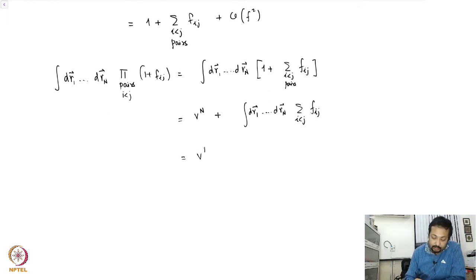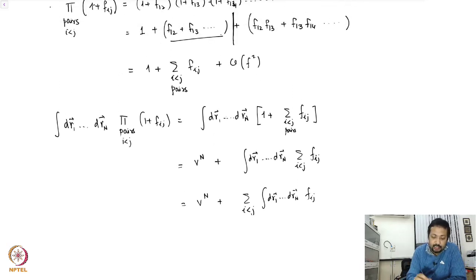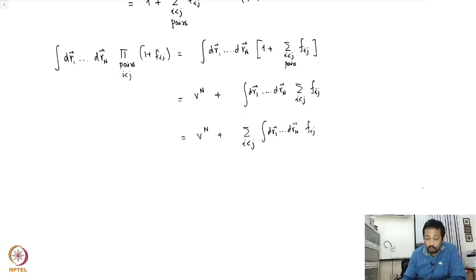So clearly I can rewrite this as sum over i less than j of the integral dr1 ... drn f_ij. Let's pick up one term. We have seen this, right? We have expanded this. Let's say I'm just looking at the term f12. If I write down the sum explicitly and pick up only one term,